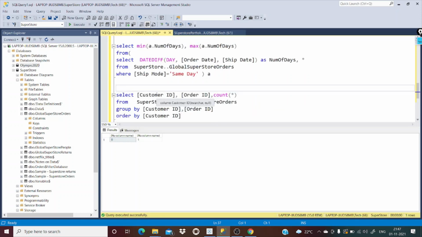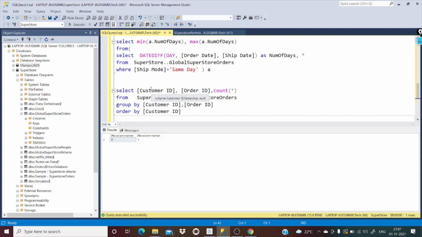We have already seen this example while we were understanding the order ID, but we'll see whether a customer can order multiple items or not. In the real world, we definitely can order multiple items. If you have ever done online shopping, for example Amazon, Flipkart, Myntra or whatever, you can order multiple items. So that is what we are checking now. We are using the customer ID, order ID, and COUNT star, and then doing the group by and order by. I just want to group the orders based on the customer ID, so that we'll get to know how many orders they have made.